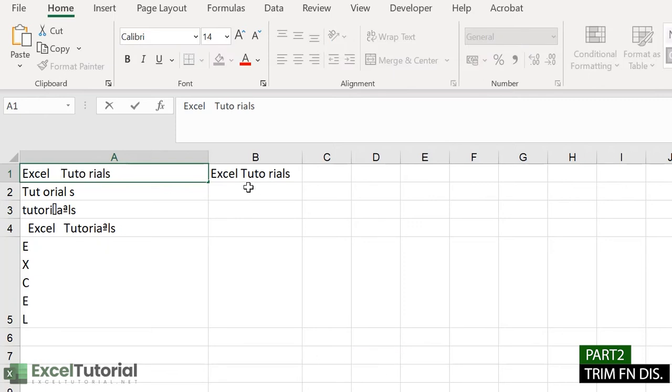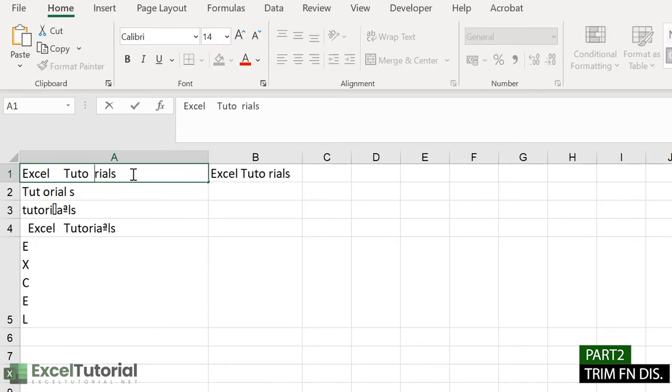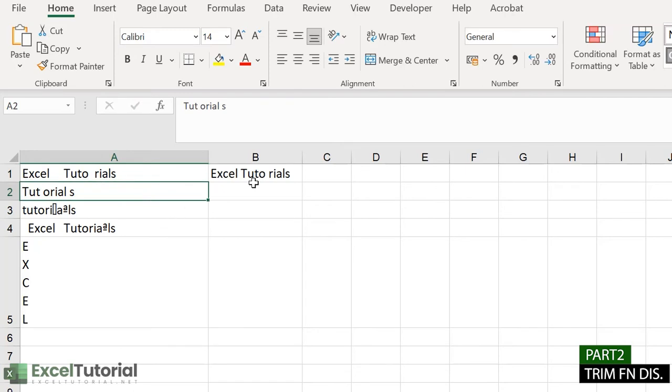And if I enter more spaces here, it won't just trim down to one space. That's the difference of trim, because it will only remove the extra spaces down to one space, as we have learned. It won't delete the space in between the words like this. But if we add more space at the start and click enter, it will delete that leading space. That's how we can use the TRIM function to remove those leading spaces in your worksheet.